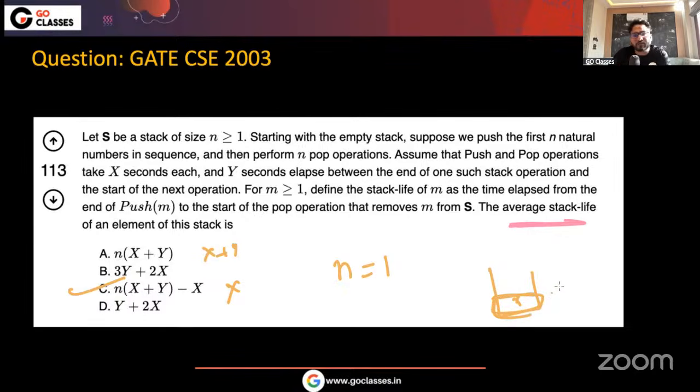So after pushing, you will be waiting for y, right? You will be waiting for y, and then you will anyway start pushing. So basically y should be the answer. So for n equal to 1, y should be the answer. So you can check, okay, C is the answer. For n equal to 1, y is the average, right? Just after putting n equal to 1, you can get the answer. For these kinds of questions you can directly do this in the exam, but now you know how to solve this, right?